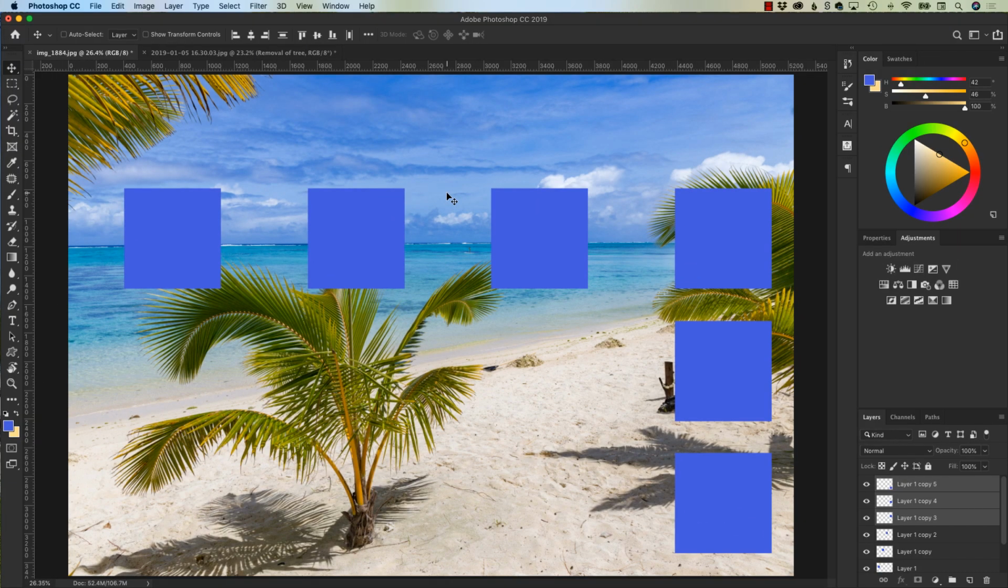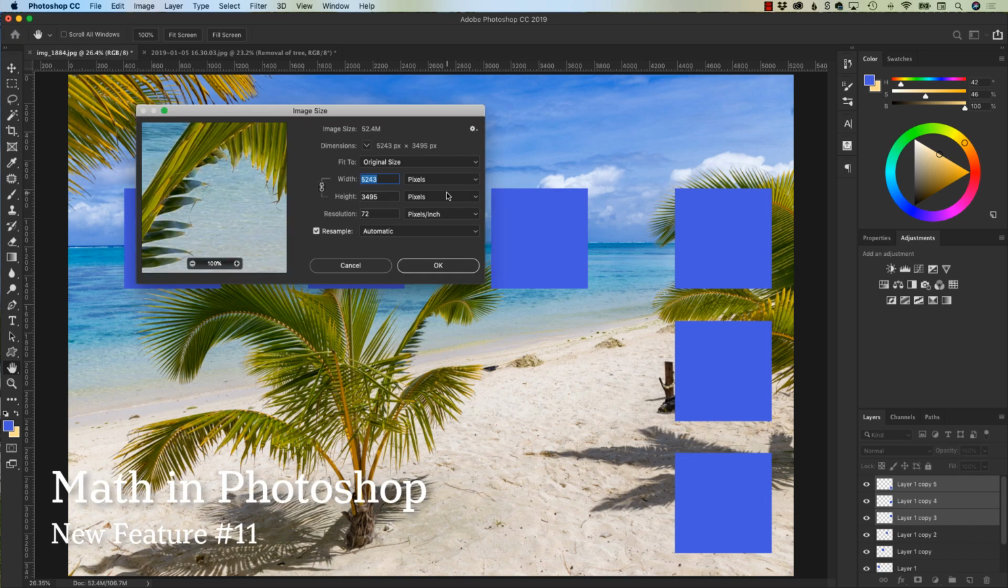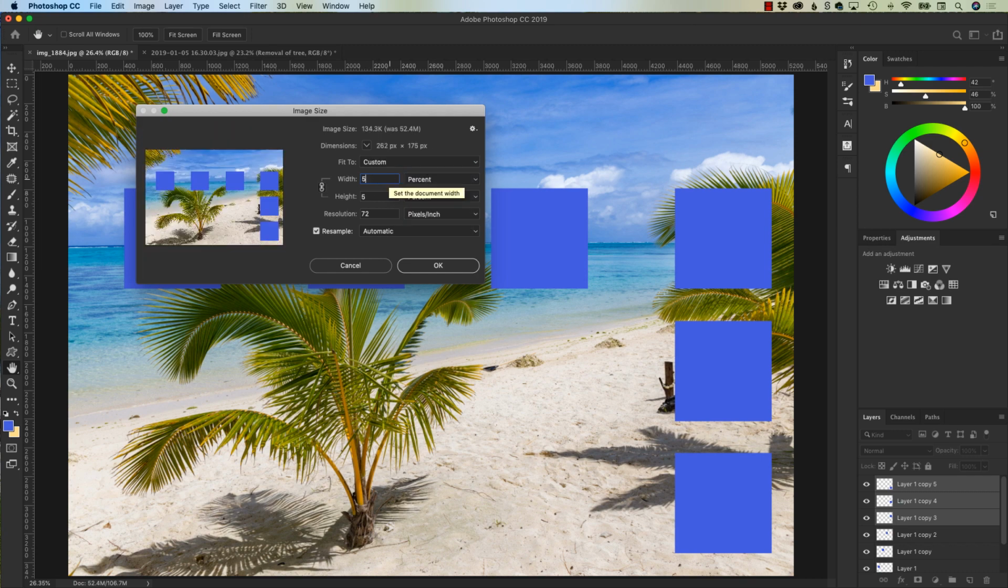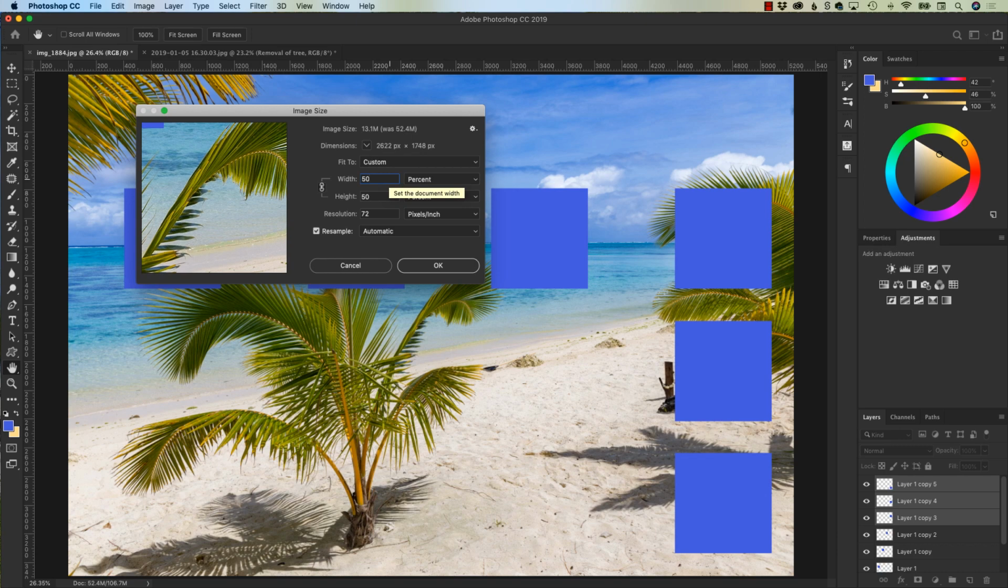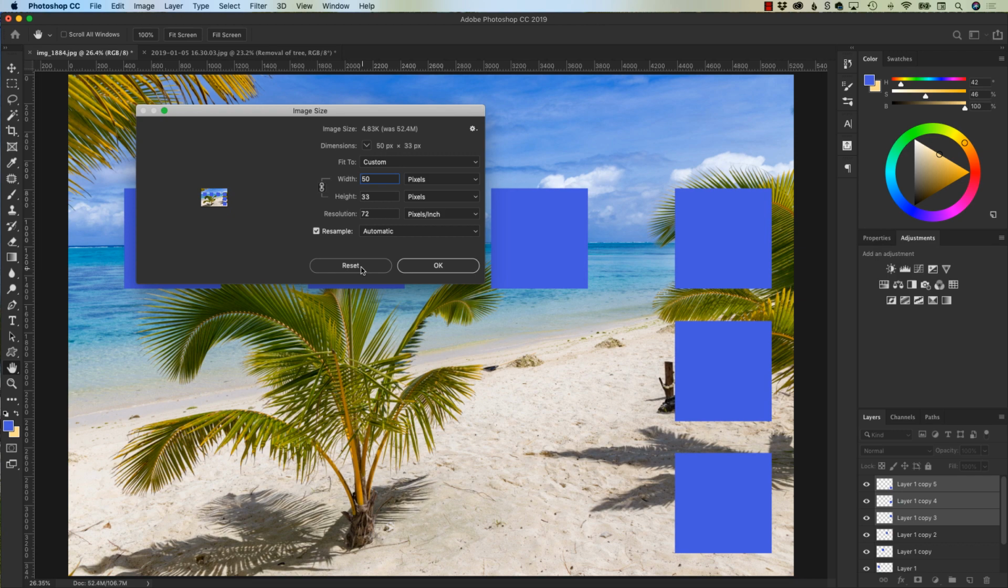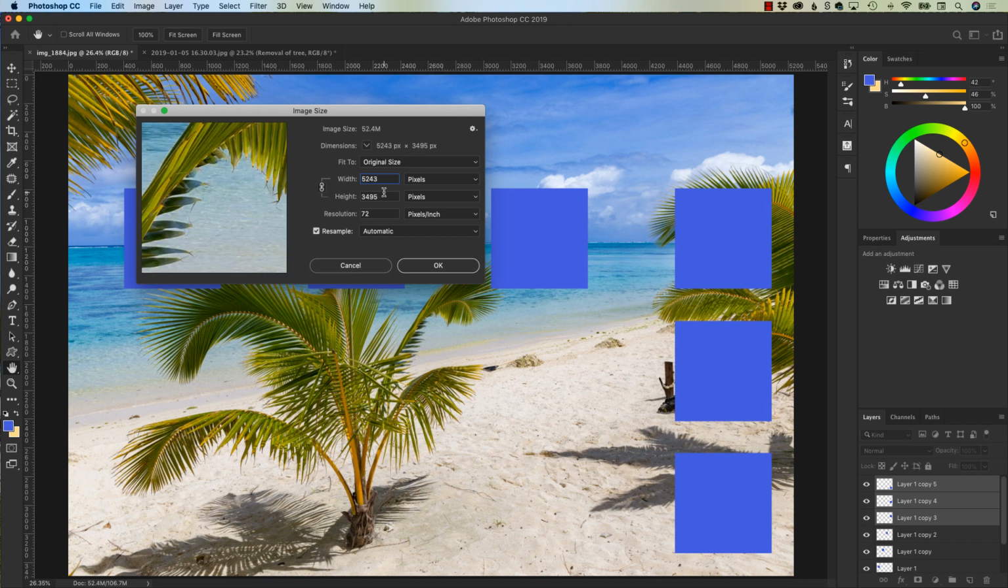You can now do math inside of Photoshop. Let me show you. If I open my image size up and it's 5,243 pixels, I want to make this half the size. In the past, just so I didn't mess up my numbers, I just hit % and say 50%, and it would drop to 50%. What you can now do is in pixels, if I Option key reset this, if I type /2, hit the Tab key,